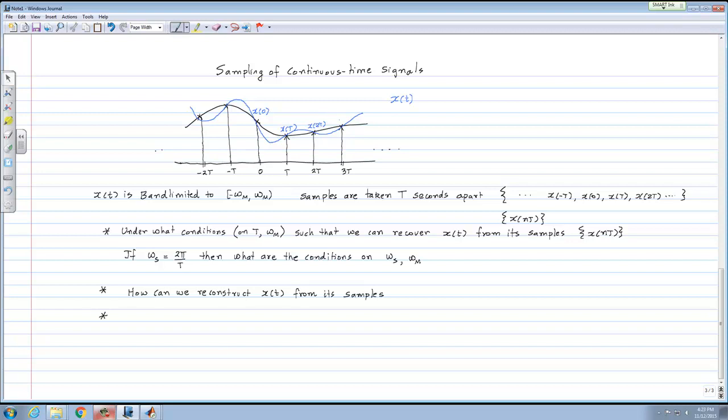I like to think of this as kind of an interpolation problem. So think about the reconstruction problem as an interpolation problem. What do I mean by that? If I only gave you samples of a signal, just these values, and then I told you that the signal was band limited to some negative omega m to positive omega m, the process of reconstructing the signal x of t is the same as trying to interpolate between these values that are given to us.